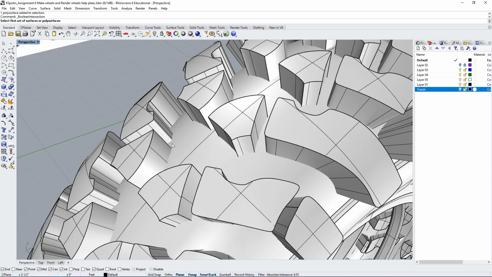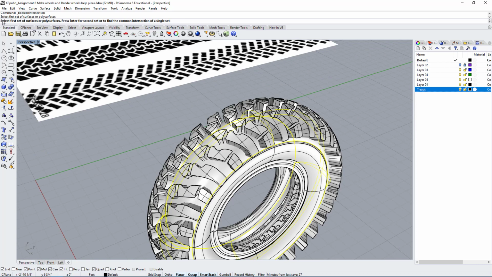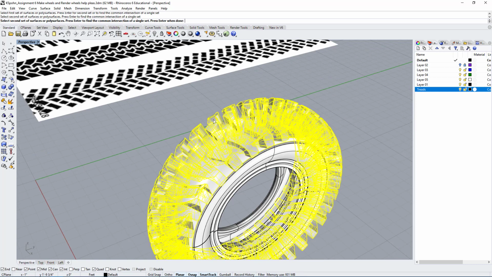So let's do that. Let's select the first one, this solid, press enter, select the second pattern, this grouped pattern, press enter, and if it worked correctly it should keep anything that is intersecting within the 2 volumes, so both volumes should become a single volume. It should work in this case. It's just going to take some time because it is complex, right? There is a lot to this pattern, there's many surfaces, so hopefully it will work.